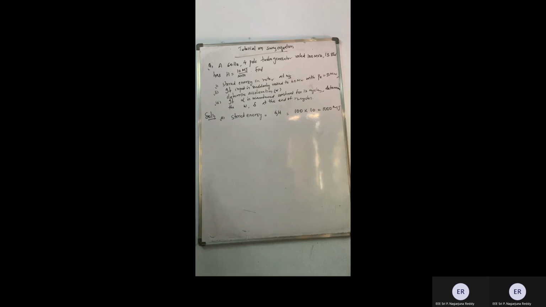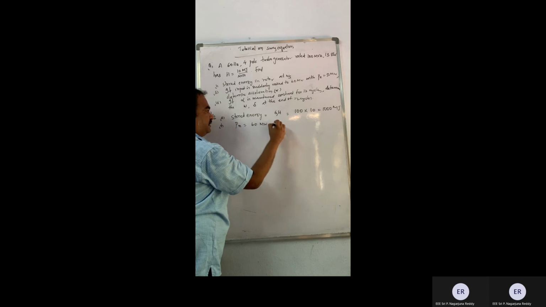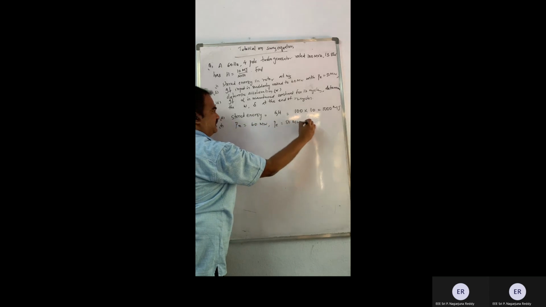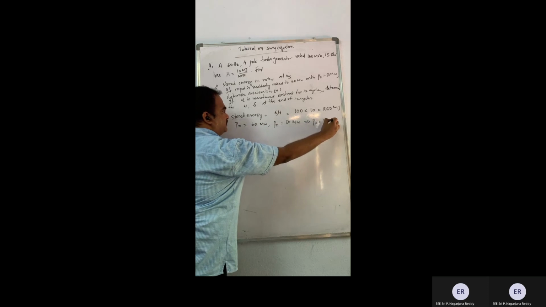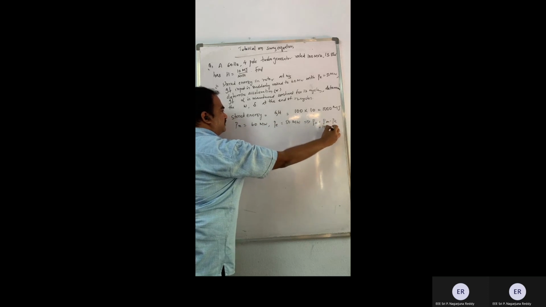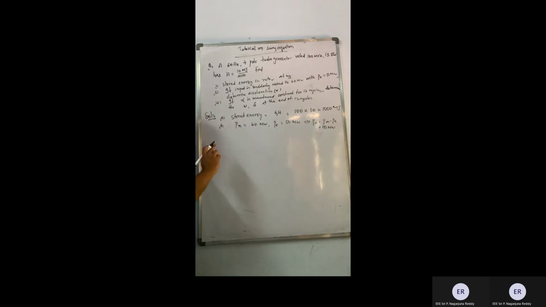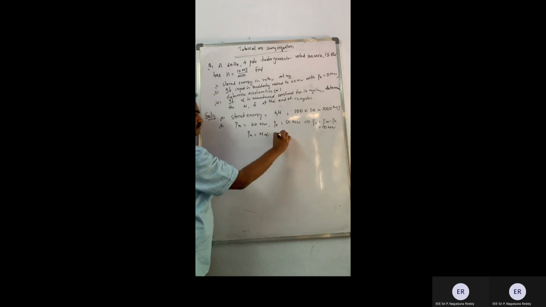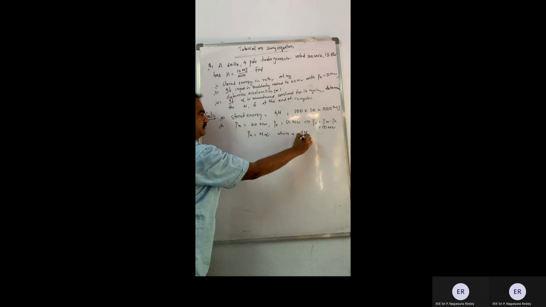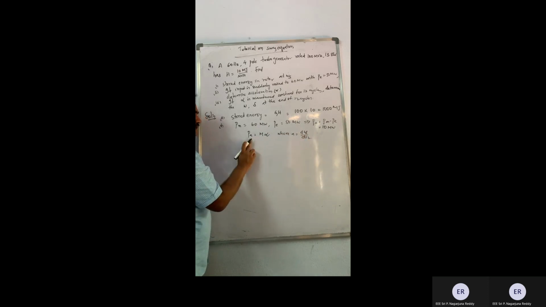Now, we'll come back to the second. What he is saying is that mechanical power is 60 and electrical power is 50 megawatts. So what is the accelerating power, guys? Pm minus Pe, it is going to be 10 megawatts, isn't it? And this 10 megawatts is resulting in the acceleration of the system, isn't it? So this Pa is equal to M into alpha, where alpha is equal to d square delta by dt square, isn't it?